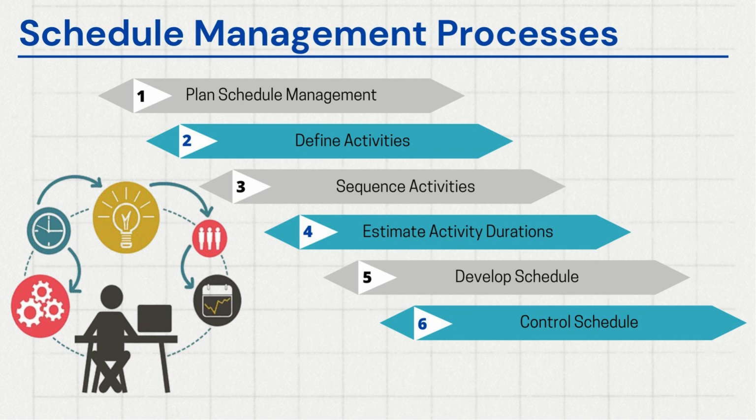The next process is sequencing activities. Once we have a list of activities and understand their sequencing, we can estimate the duration required to complete each activity. For example, if it is a requirement gathering phase within an IT project, and we have an activity of conducting a requirement gathering workshop, once we know its sequence, we can estimate the duration required for it. After putting together all the activities and estimating the duration of each, we can compile the project schedule.